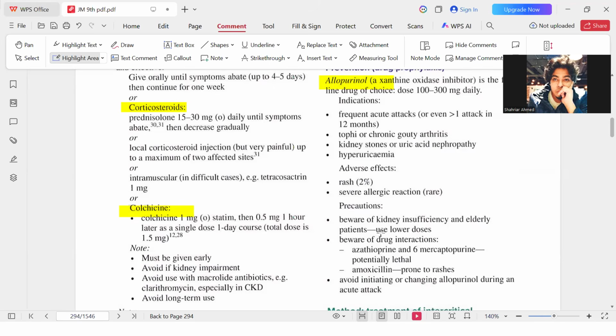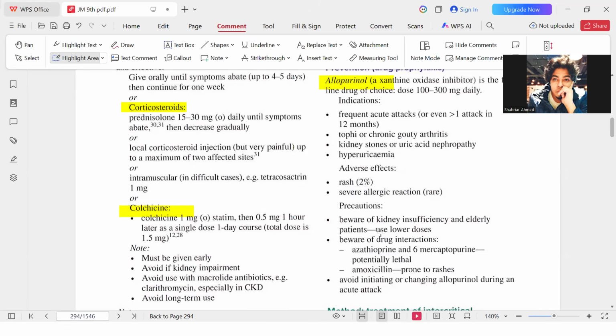On top of an acute attack, never use allopurinol. When you give allopurinol, the crystals are broken down more, and then there will be more pain. Already there is so much pain, and now you're giving allopurinol on top, so more pain. So you have to wait some time and then give the allopurinol. Clear now? There is a protocol to give allopurinol.